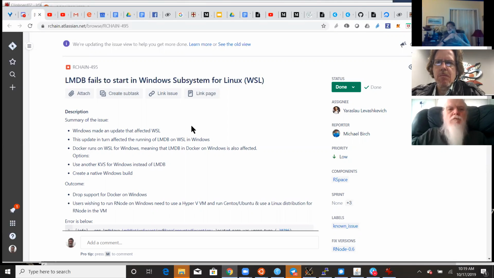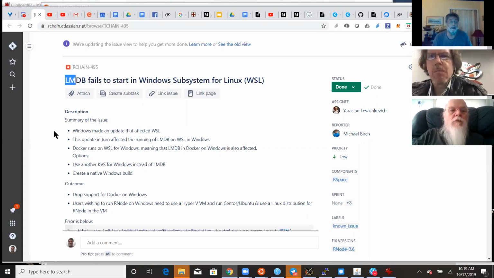It's a very fast key value store that is persistent. It's on disk, but also runs very rapidly in memory. I forget what the LM stands for. It used to be the Berkeley DB, Berkeley database.